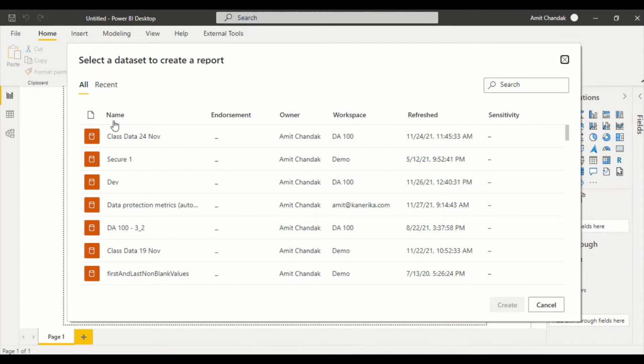I don't want to make sure whether my database is a cloud database, or whether my database is on premise and my on premise gateway is up and running. So I don't want to get into that detail. So what right now I'm doing is I'm trying to minimize this.